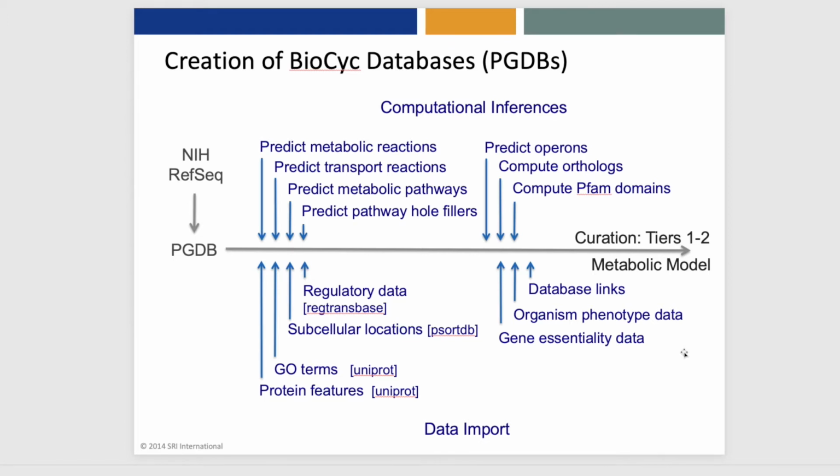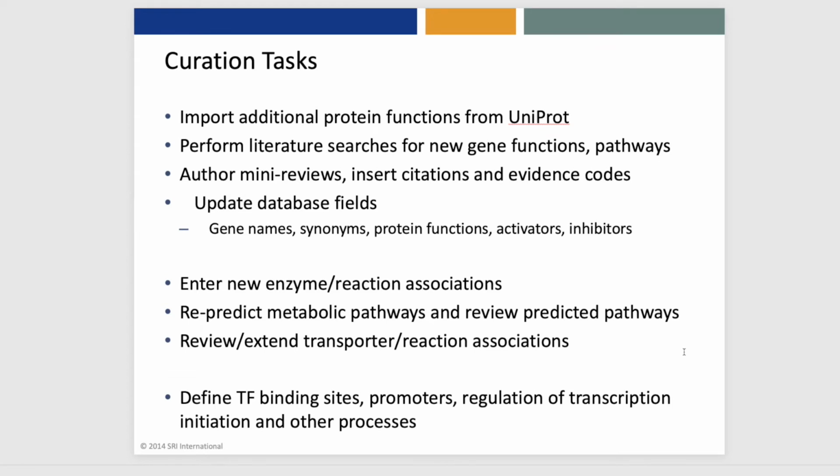Among the tasks our curators perform are importing additional protein functions from UniProt, performing literature searches to find new gene functions and pathways that are entered into the database, authoring mini-review summaries of genes and pathways, updating a variety of database fields such as gene names and synonyms and activators and inhibitors of enzymes, entering new enzyme reaction associations, repredicting metabolic pathways and reviewing the predicted pathways, reviewing and extending transporter and transport reaction associations, and defining